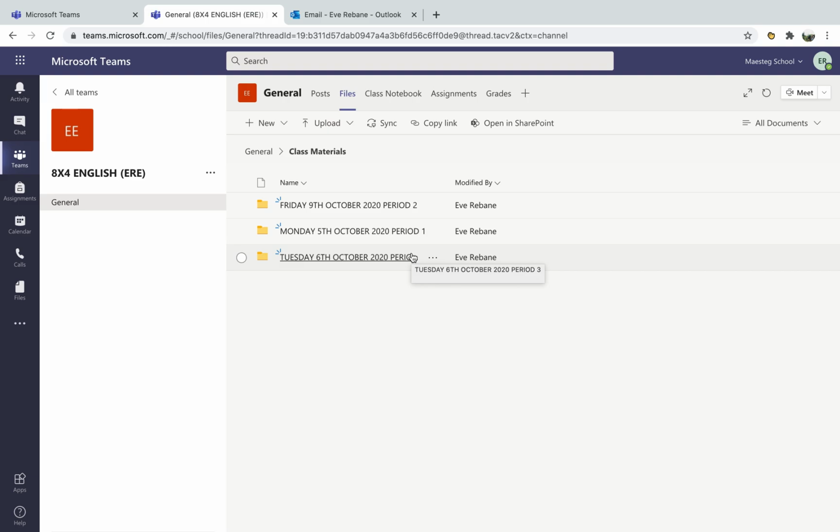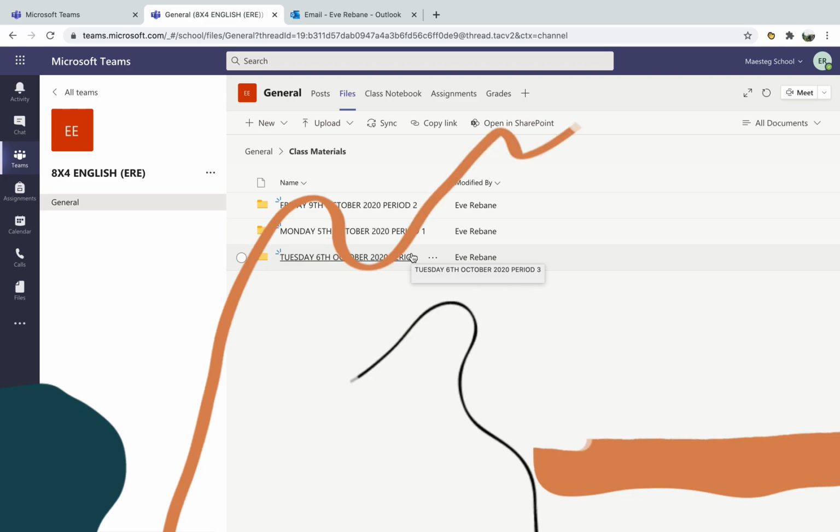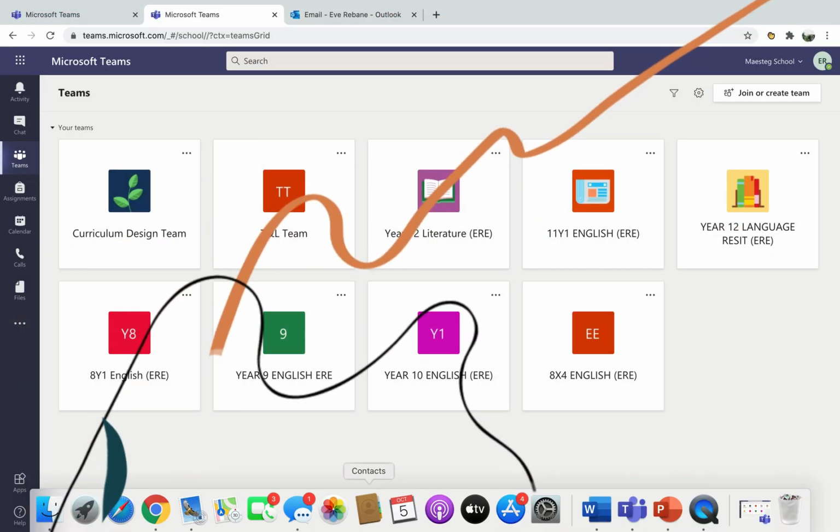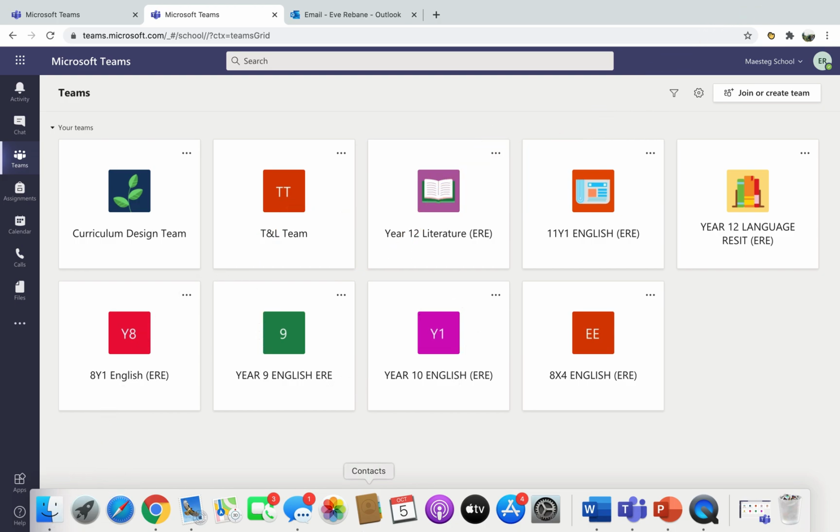This is not a space for your homework, but you may find that your teacher chooses to add blended learning opportunities to your folders, and I'll show you an example of that now. Homework from class will still be set on Show My Homework so that grown-ups at home can access and have information about what you are being set and when it's expected to be handed in. By the end of next week, your teachers should have all added you to Teams. You should have received the email, accepted their invitations, and be starting to access Teams from home, either to support your independent learning in school,